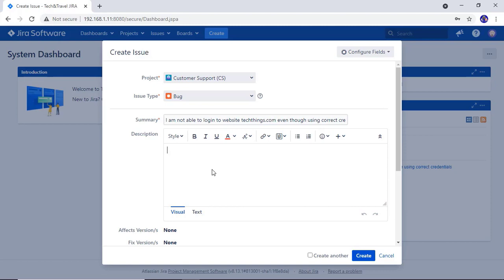Okay. Now we have to provide description. In the description field, you can write in detail about the issue you are facing or requirement details to work on. So in our case, let's provide developers with steps to reproduce. Open takethings.com, enter username and password, entered correct username and password.